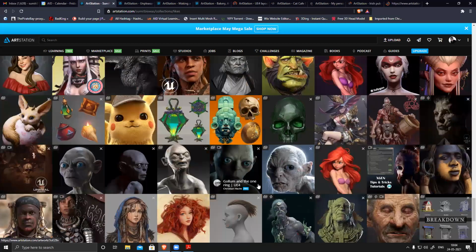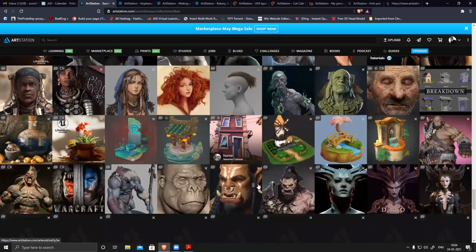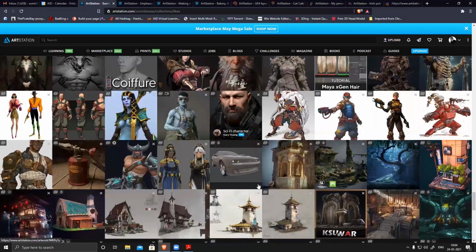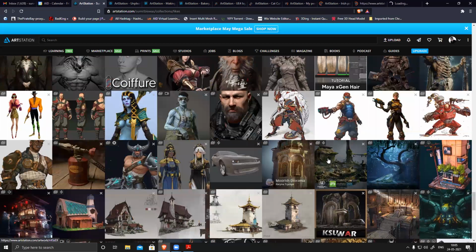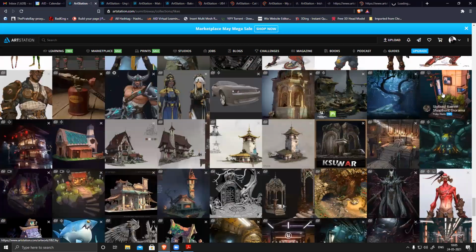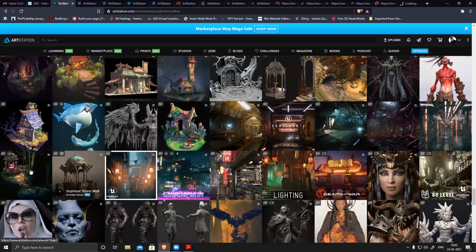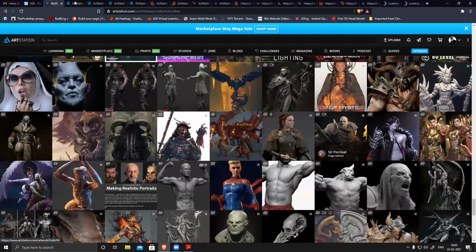A diorama or a small set. A lot of things are open.